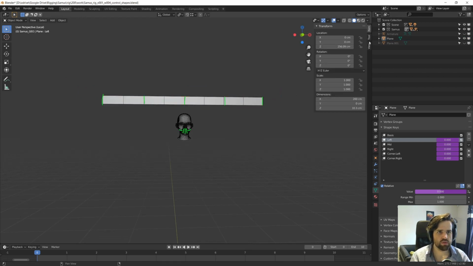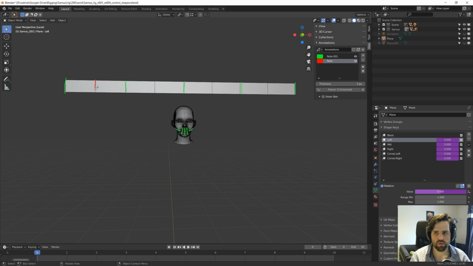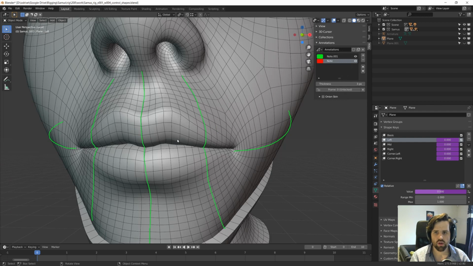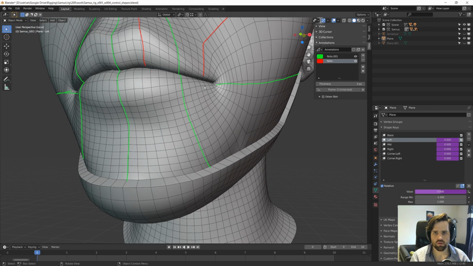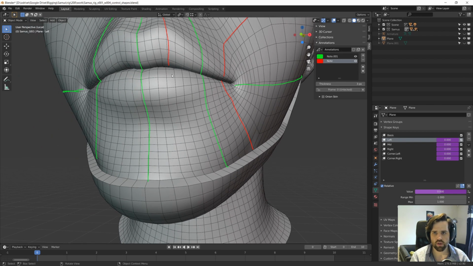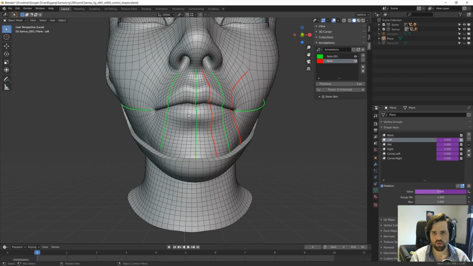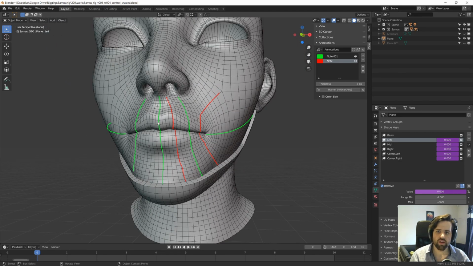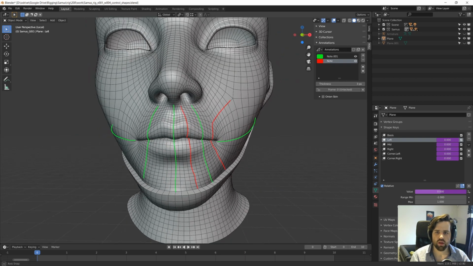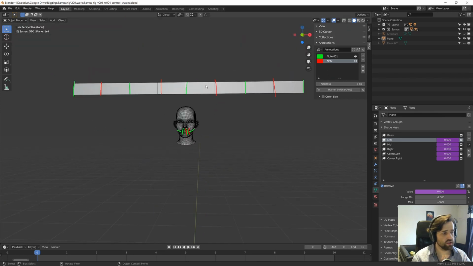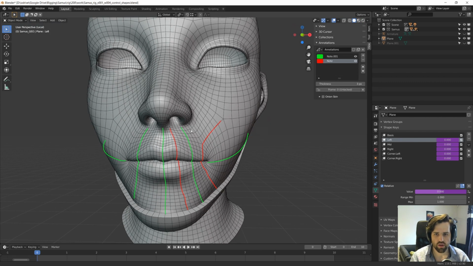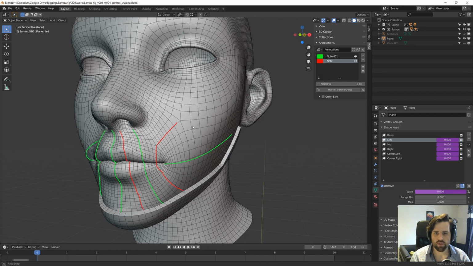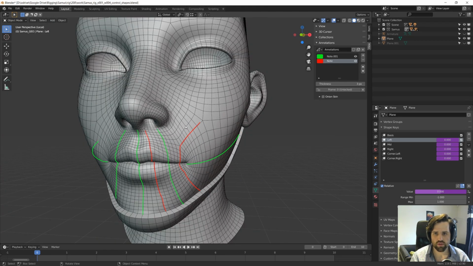And the in-between ones would be the supporting loops. So these ones are just there to help with the deformation. So I have one here and one here. One goes down here, and again, this one isn't lined up perfectly, but it's there. So with everything here, I can basically do what I did just on that fake mouth rig. So this ends up connecting quite nicely with the rest of the face, because if you noticed, basically all the